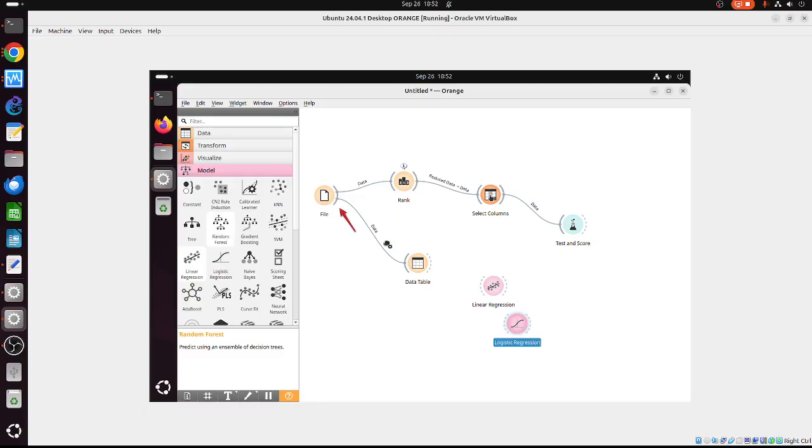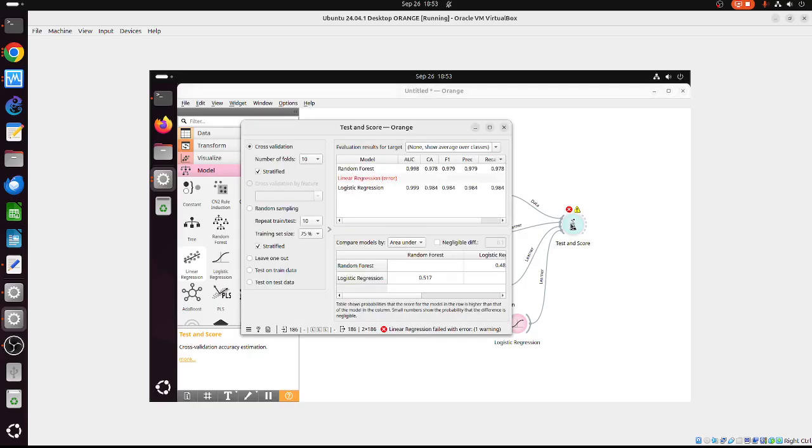Let me also use random forest, because random forest can deal with linear as well as classification. Let me see which one is the best. See, linear regression doesn't work. It shows the cross here, and logistic regression seems to be okay. Let me see the results. Linear regression fails,